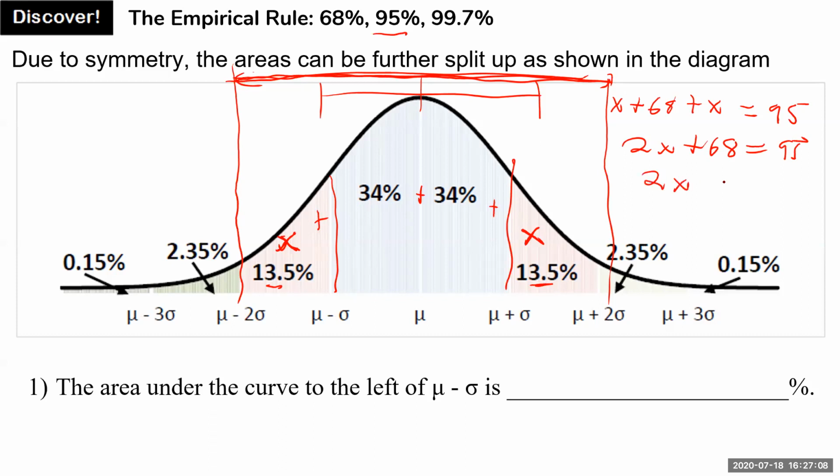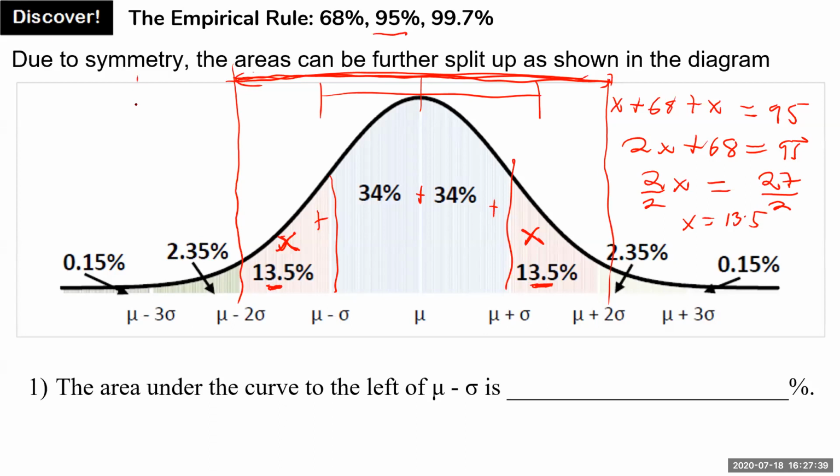So 2x is equal to 95 minus 68, okay? And what is 95 minus 68? That is what, 27. We divide by 2 and divide by 2. So x is 13.5. So that's why we have 13.5 right there, 13.5. So really, we've just broken down these percentages, okay? And we have that. Now, if you wanted to find that, we do the same thing, because we are saying